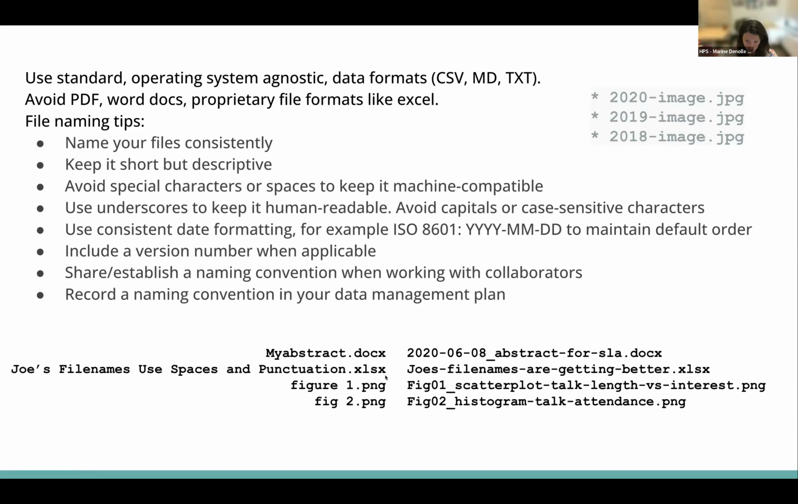This file name that uses Excel is very long and it uses spaces. And so if you actually want to use Shell to automate file management, you're not going to be able to read for the majority these files. Figure 1 space .png, fig 2, all of these with spaces will be problematic. You may want to think about formatting them not super long,